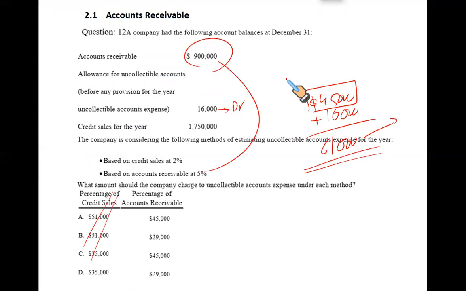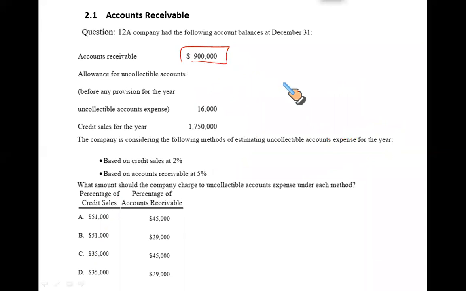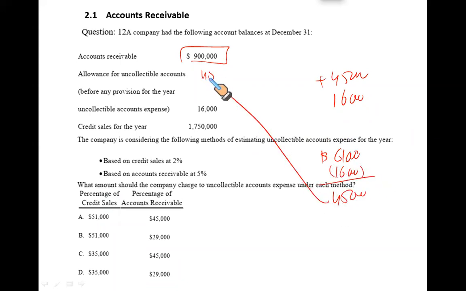Ibrar has a question: what figure is in the balance sheet for AR? The balance sheet still remains 900,000, and you net off this 45,000 with what you charged here, I think 16,000. We need 45,000, right? So you created an allowance for 61,000. Ibrar, please pay attention: 61 is the entry. 16 was already a debit, so you will create an entry of 45,000. Still, you will deduct 45,000, so the net amount of the allowance stays the same.